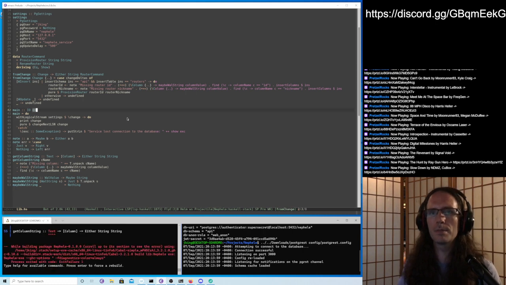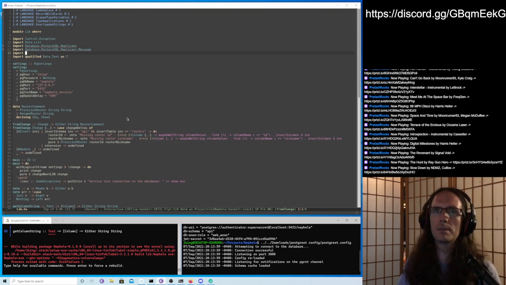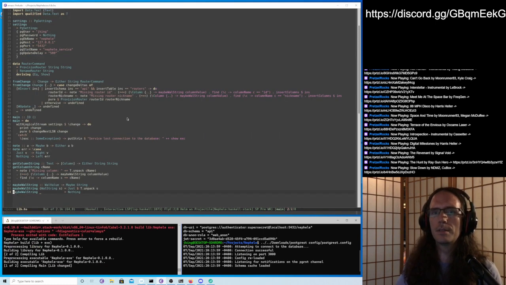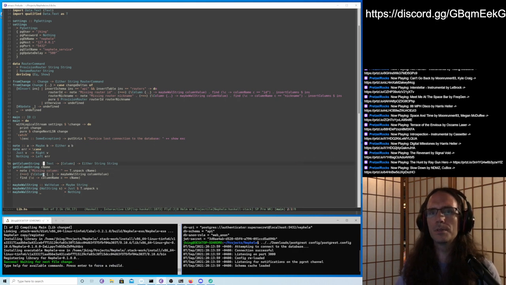All right, so we have the text in scope because I didn't do this right. There we go. Data.Text. There we go. Cool. So now we have getColumnString. We can substitute that up to here.